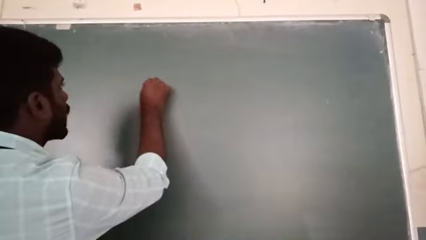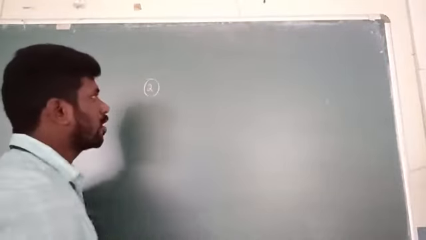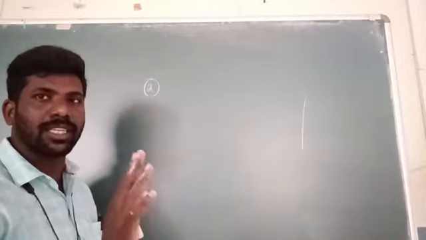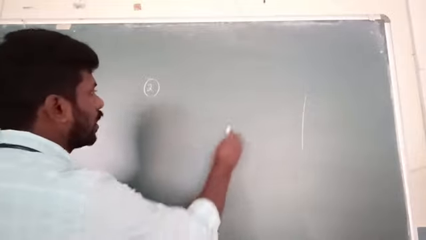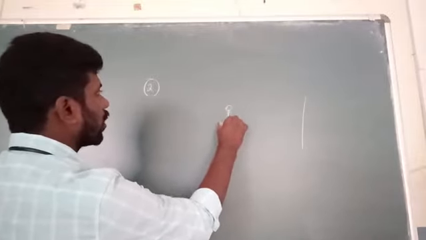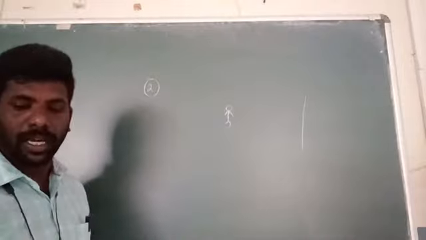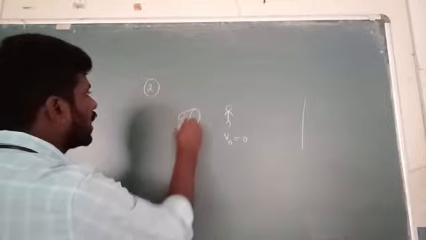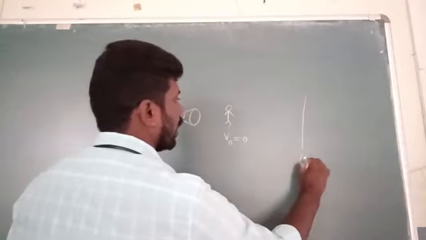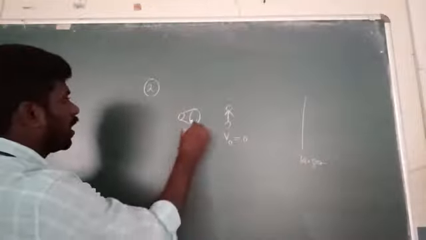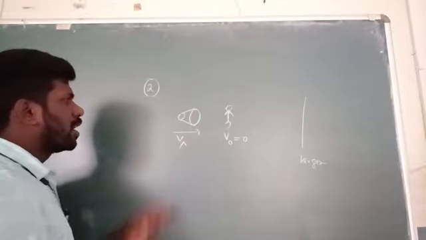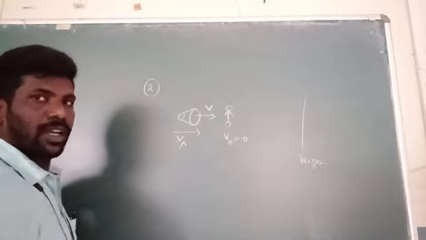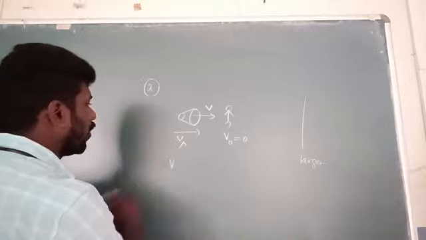Coming to the second case of the typical conditions. In this condition, the observer and source are not present in the same vehicle. That is, the observer is at rest, V naught equal to 0. But the source is moving towards a stationary wall. This is a target. This is the velocity of source. The observer observes a direct sound. Direct sound. What is the condition?